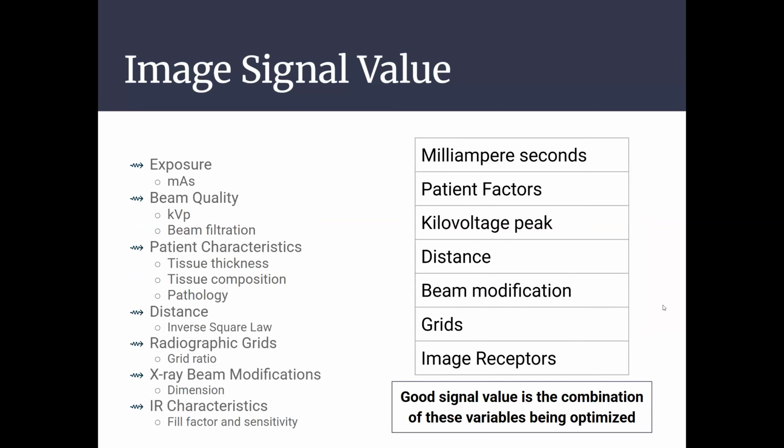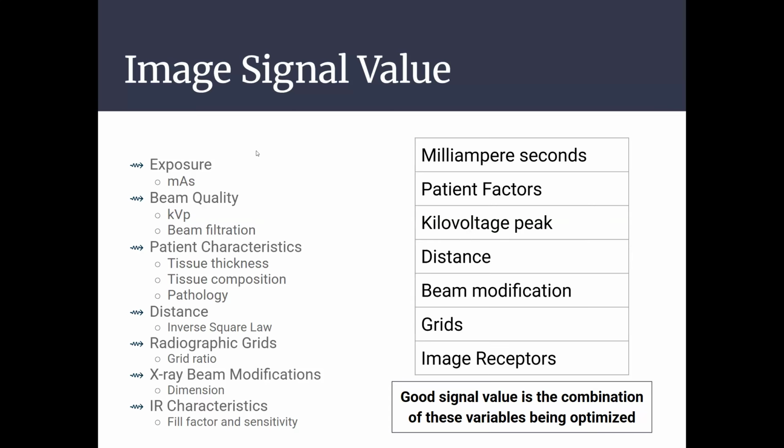So I'm not going to get into detail into this because this is going to get into a lot of stuff that's from the second half of the chapter. But just be aware. So exposure is affected by mass, milliampere seconds. Beam quality is affected by KVP and beam filtration. Patient characteristics can affect how attenuation occurs. So think about the tissue thickness or the tissue composition, like what cellular makeup does it have, or the pathology that might exist within the body. Distance, we're going to look at distance in a math problem called the inverse square law. Radiographic grids are part of this mix, so it's going to be the grid ratio